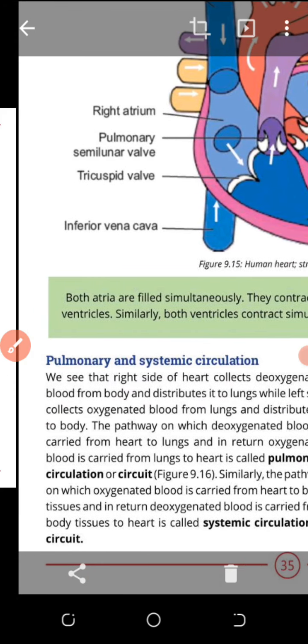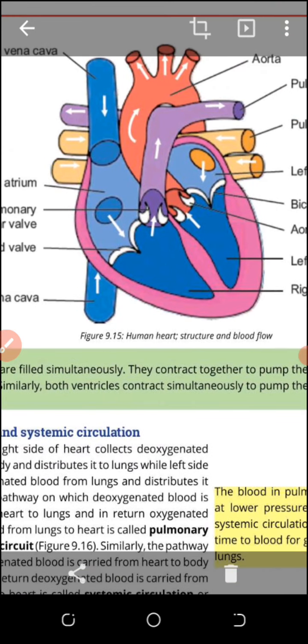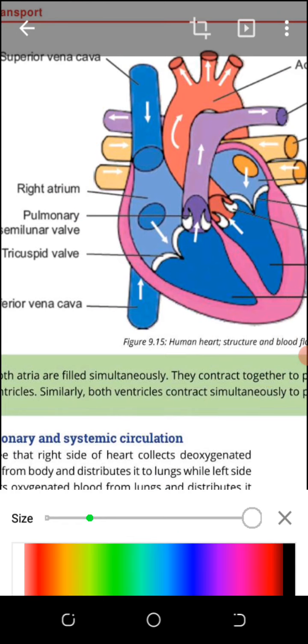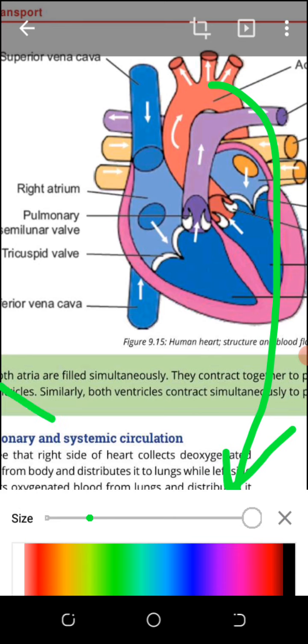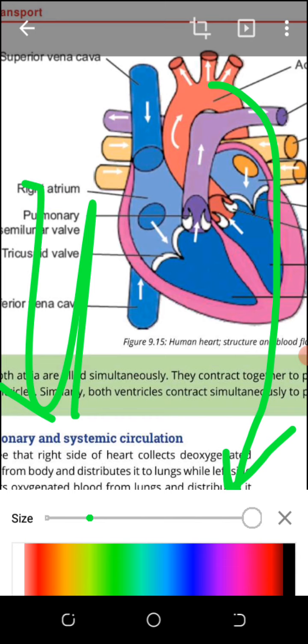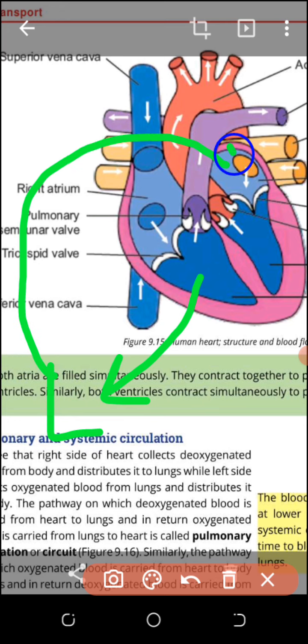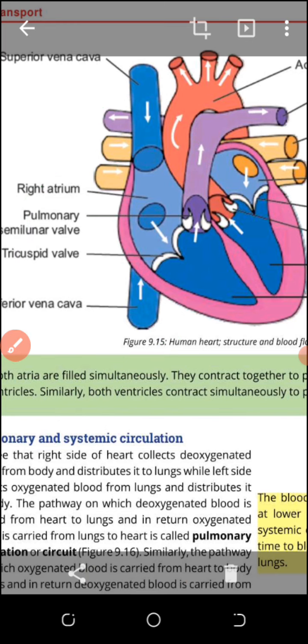We talk about pulmonary and systemic circulation. The aorta supplies the blood to all parts of the body, and that circulation is systemic circulation, meaning that all arteries of the body carry oxygenated blood and move to all parts of the body. And the pulmonary circulation is that the right ventricle pumps the blood to the lungs for oxygenation, and then oxygenated blood goes back to the left atrium by pulmonary vein. This circulation, which is smaller than systemic circulation, is called pulmonary circulation.